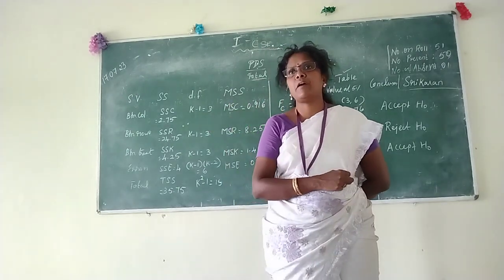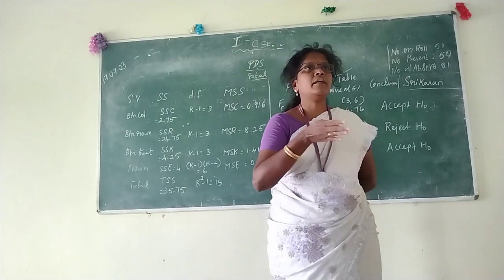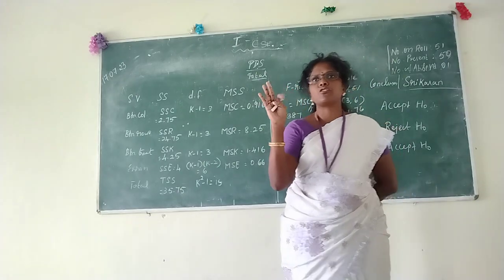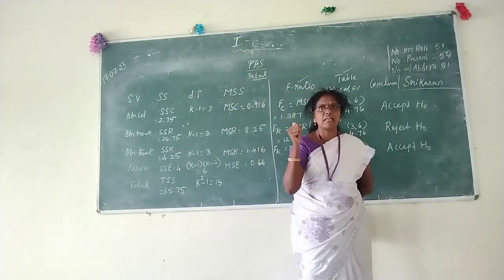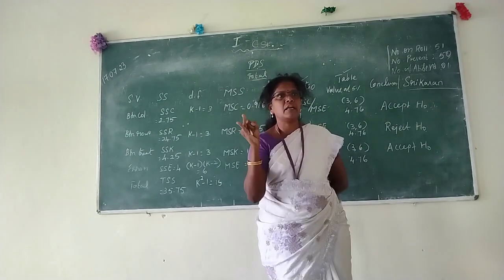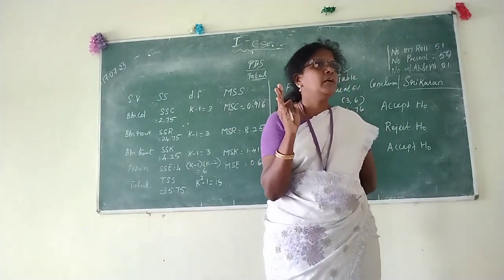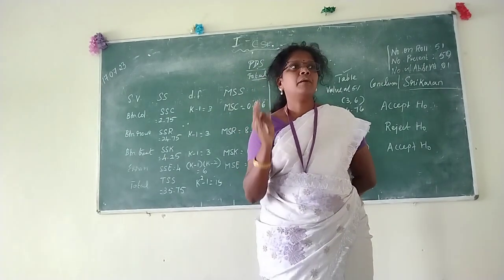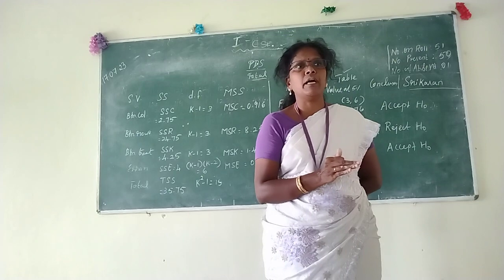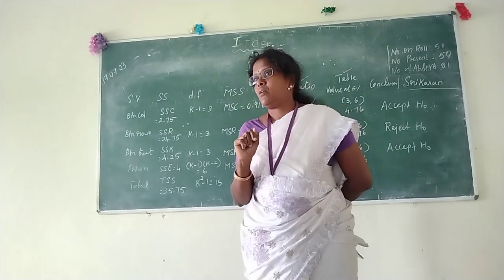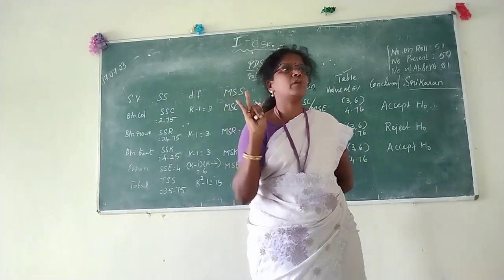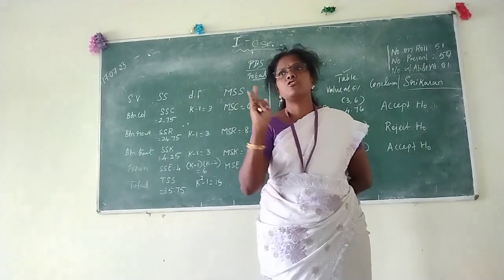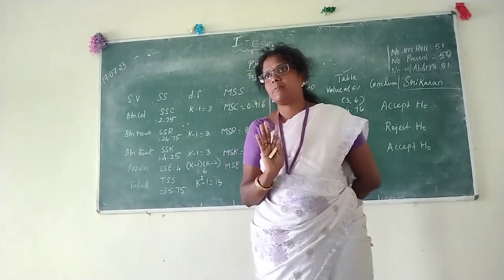Regarding unit 4, testing of hypothesis. Here all the tests are of equal importance. Single mean, difference of mean, single proportion, difference of proportion. Then single mean, difference of mean, single variance and difference of variance. For all of these you only need to know the formula, and if you know the formula you can substitute. But the topic that will definitely come is chi-square. Chi-square test for goodness of fit and chi-square test for independence of attributes. 80% chances are that surely these questions will be there in your question paper.